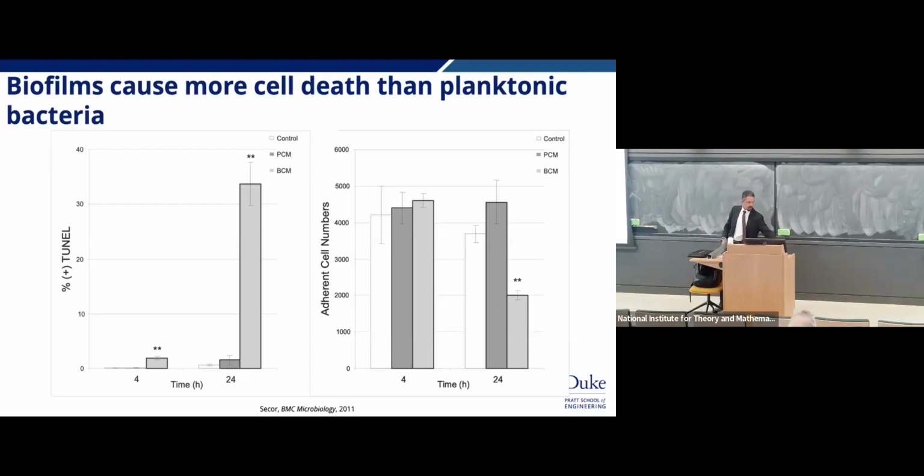Let me use a laser pointer for that. There we go. Okay, so biofilm cell media is in this light gray, planktonic cell media is in a dark gray, and what you're seeing here is that there is an increasing probability of death with biofilm cell media, right?